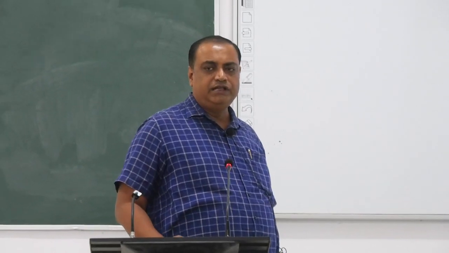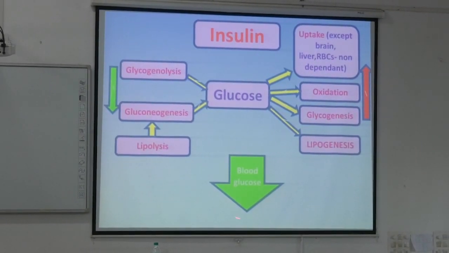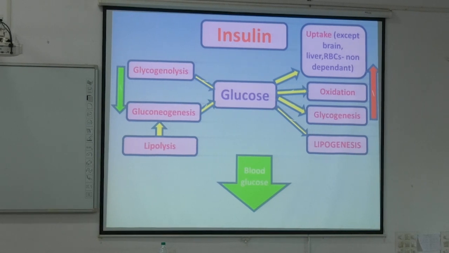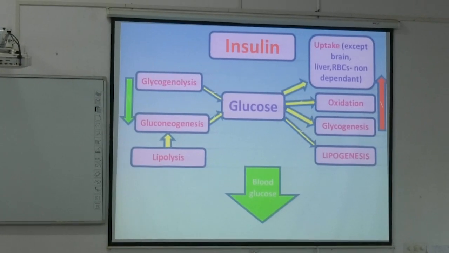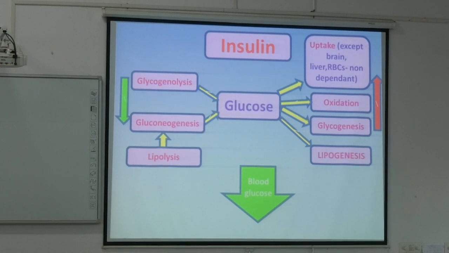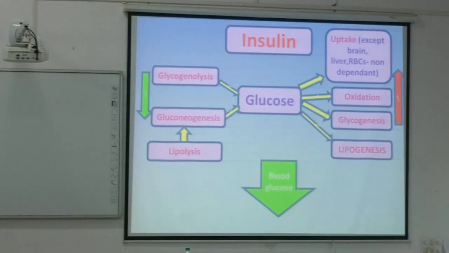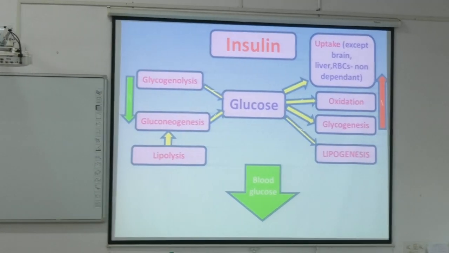When glucose level tends to increase, insulin is secreted, these pathways are regulated and accordingly blood glucose level decreases. Carbohydrate is utilized for lipid biosynthesis, carbohydrate is utilized for protein biosynthesis, amino acid synthesis. So all of you remember these pathways, you have to write this way. It's the same information you have to give either this way or some other way from any book, whatever it is. But this information must be there in your answer, otherwise you will not get marks.